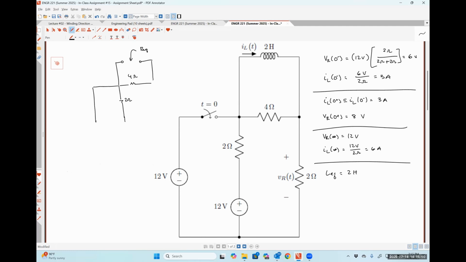This 12 volt source over here, switch closed, is also going to be a short circuit because I'm just turning those independent voltage sources off. And then lastly, I have a 2 ohm resistor over here. So if I look at my nodes,